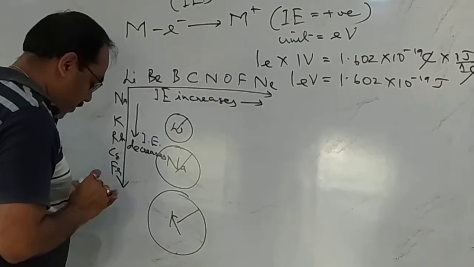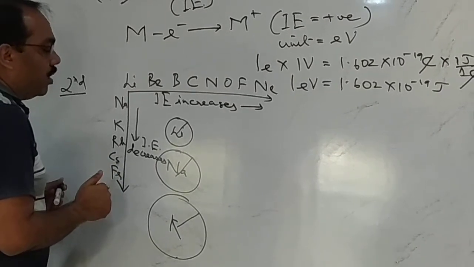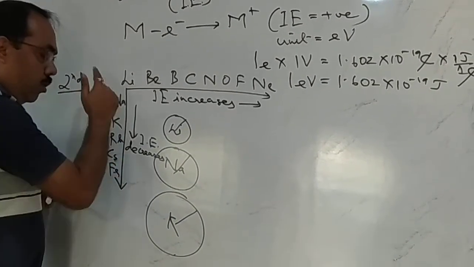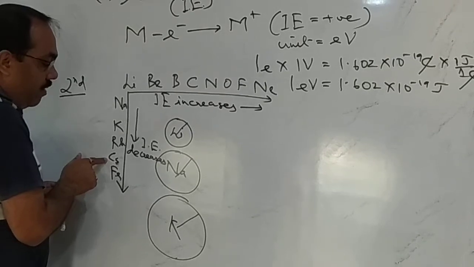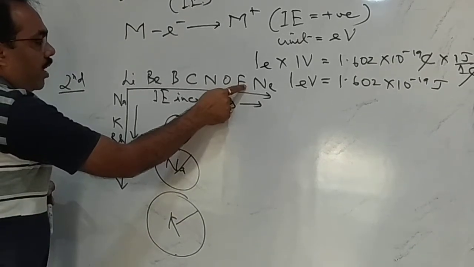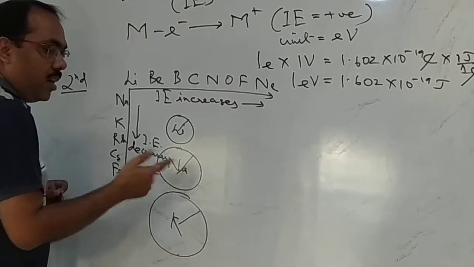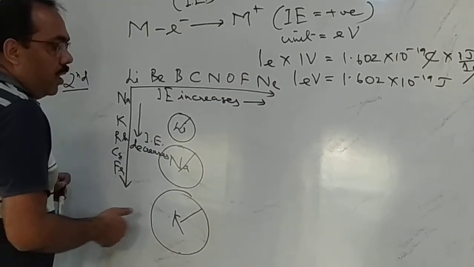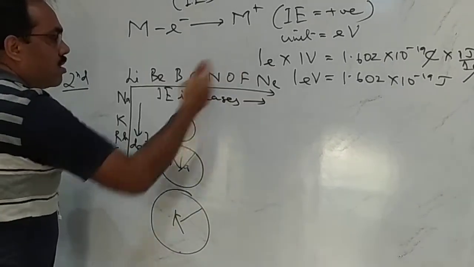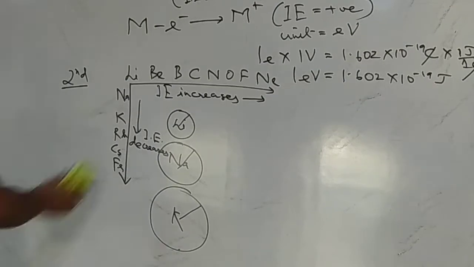Now, next, accordingly, in a particular group, cesium will have the lowest ionization energy, and fluorine will have the highest ionization energy, or I should say neon will still have the highest ionization energy, because in the case of neon the outermost shell is also fully filled. Clear? So the next one we will come to is